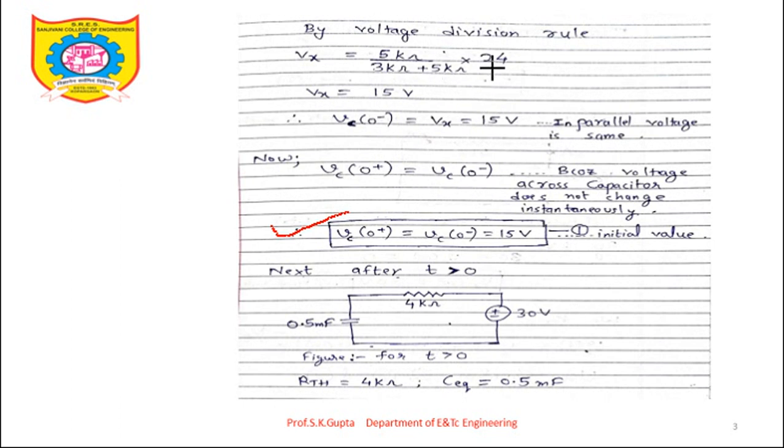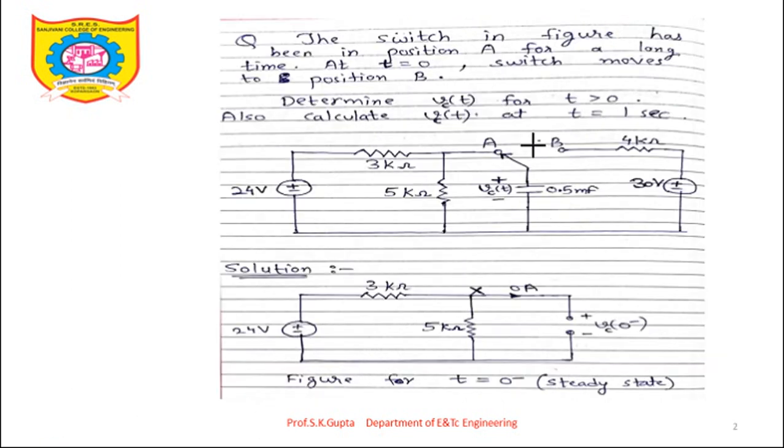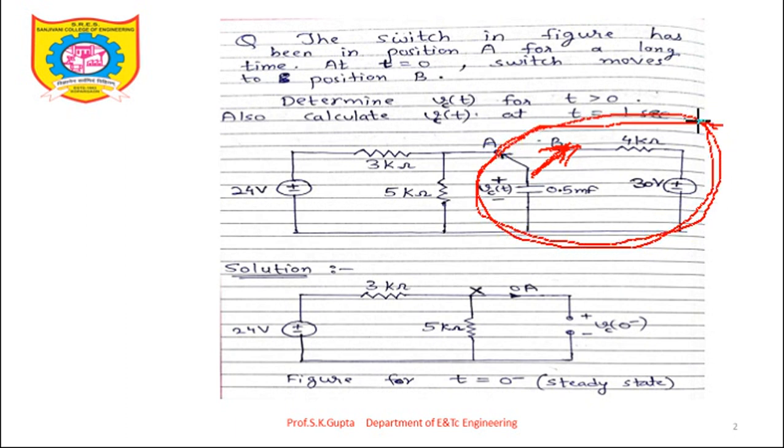Now, second, we should find out the time constant. Whenever you want to find the time constant, you should look at how your circuit looks after switching, and for that circuit only you should calculate the time constant. After switching, it has switched to position B, so this is the portion of my circuit. For this portion of the circuit only I should calculate the time constant.